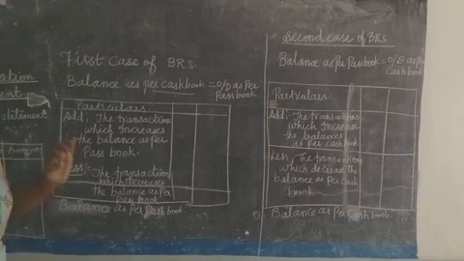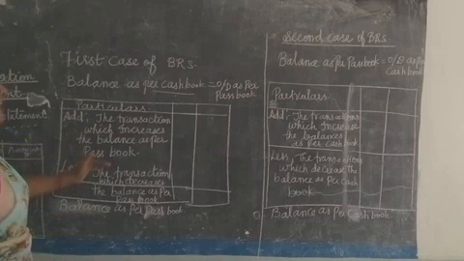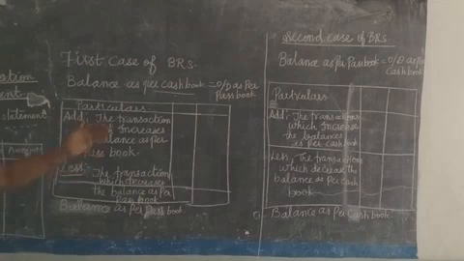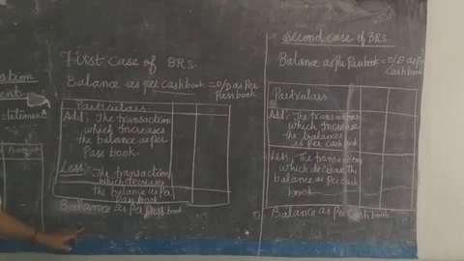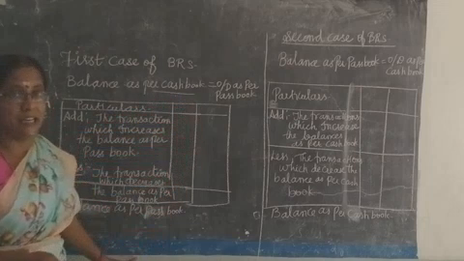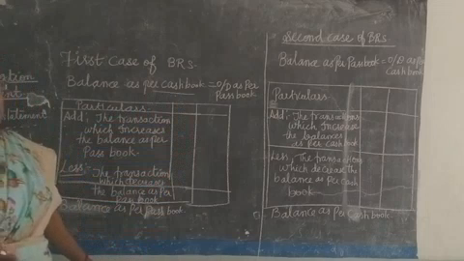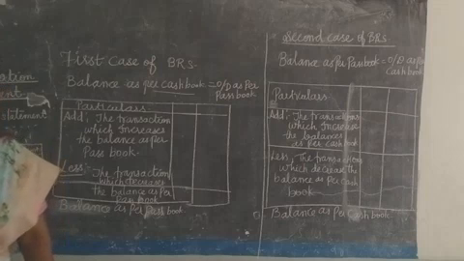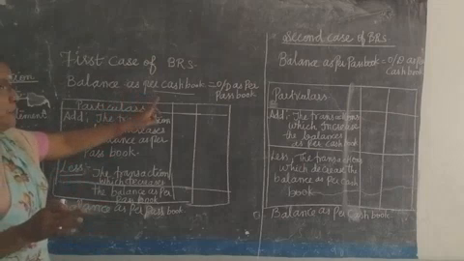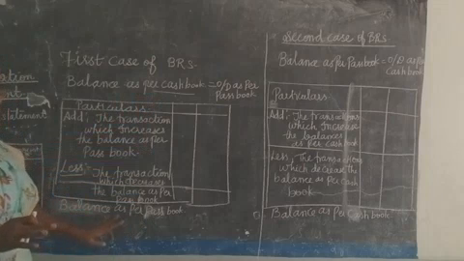Suppose they have given overdraft as per passbook. We have to add the transactions which increase the balance as per passbook. The same method we have to follow. We have to reduce the transactions which decrease the balance as per passbook. So what can we derive? We can derive the balance as per cash book. Are you clear, girls? If they have given the passbook, what can we get as the answer? We are going to get the answer for the opposite book only. Are you clear? They will give the balance as per cash book, and we can get the opposite book only.